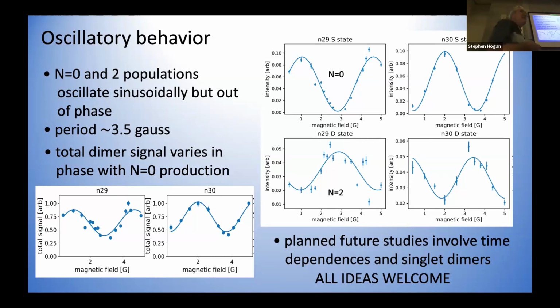Now, this magnetic field dependence was totally unexpected. We have no idea at the moment quite what is happening. We plan some future studies to see if we can figure it out. First thing to do is to try singlet dimers, so we don't have any net electron spin, see if that helps. And the other thing is to do some time dependence, in how long we irradiate for, to see if we're creating some coherent superposition of rotational states that are evolving in time. But the key thing is, at the moment, we really don't have any explanation for this. So if anybody has any ideas and suggestions, we would welcome them.